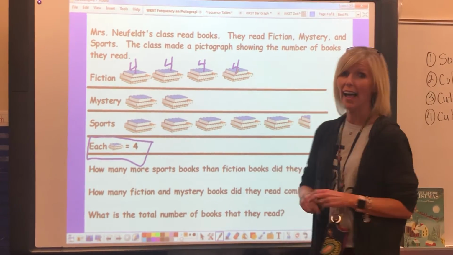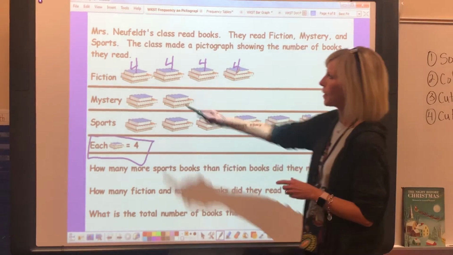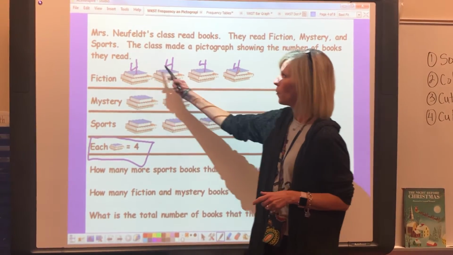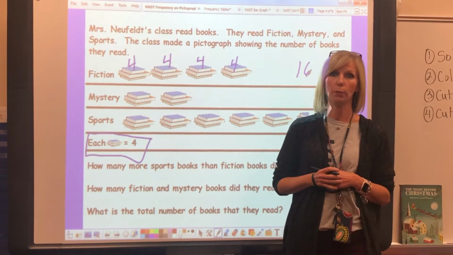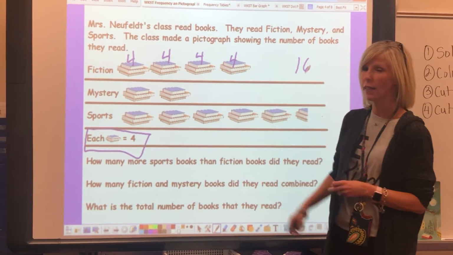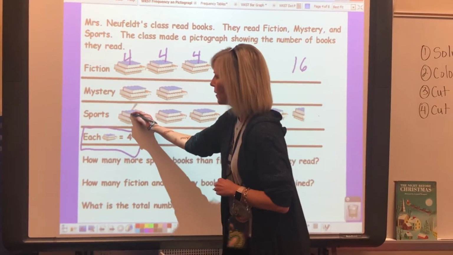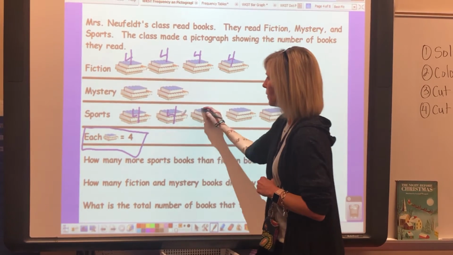And then I have them write the total somewhere on that line. So we've got 4, 8, 12, 16. So there are 16 fiction books. And I have them do that for all of them. And this is a part of the reason. Let's look at this one. All of these have 4,